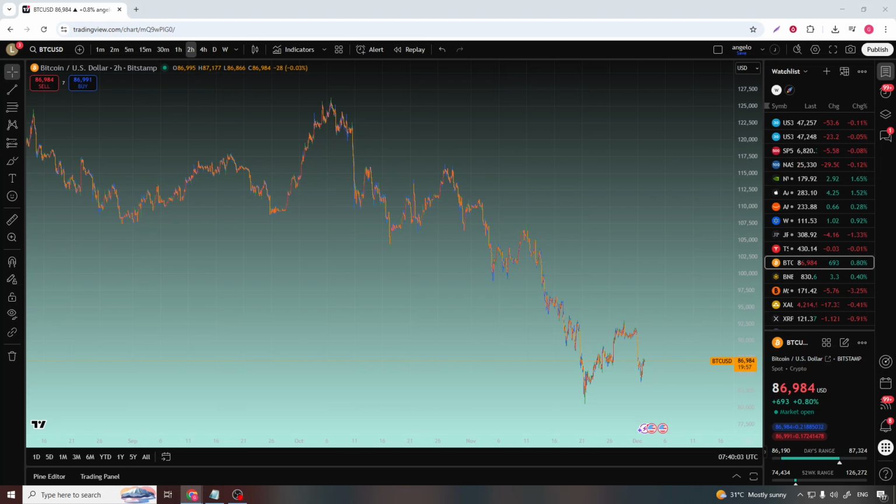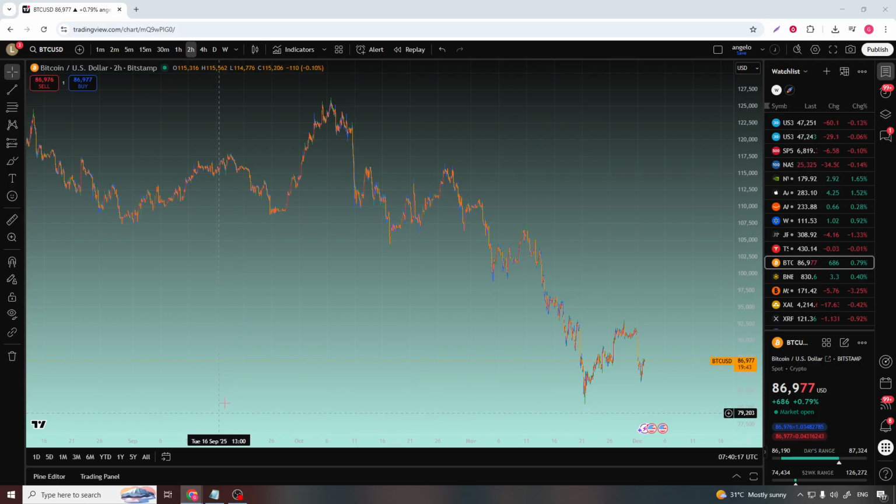In today's video, I'm going to teach you how to add liquidation levels in TradingView Pro. Before we jump into the steps, let me quickly explain what we're doing and why it matters. Liquidation levels help you visualize where over-leveraged positions in the market might get closed out. In other words, they show you potential zones of forced buying or selling, which can act as areas of support and resistance. Having these levels on your TradingView chart can give you an extra edge when planning entries, exits, or